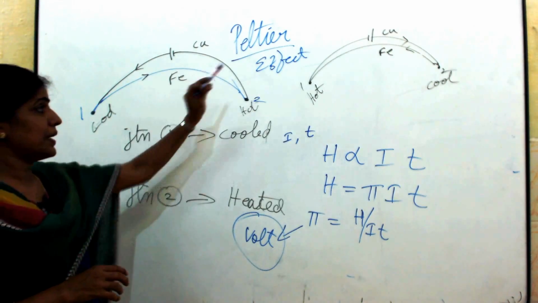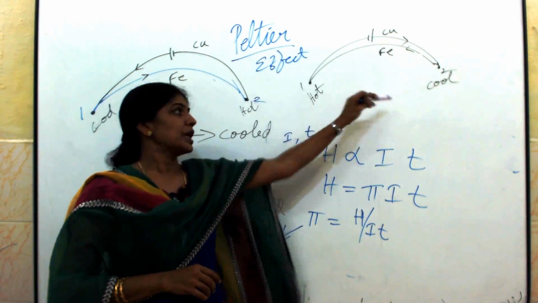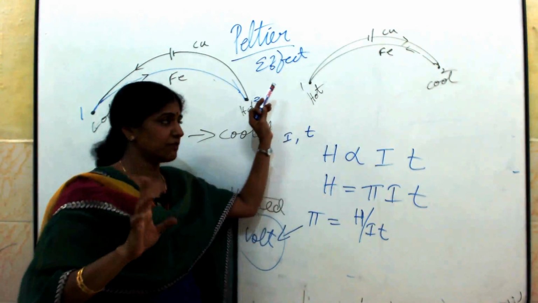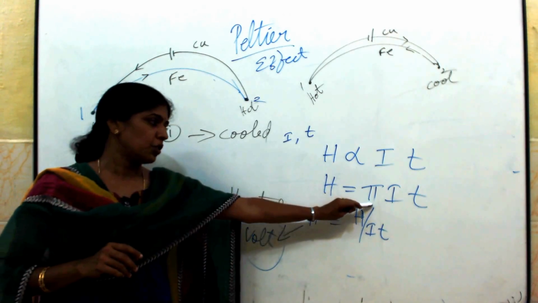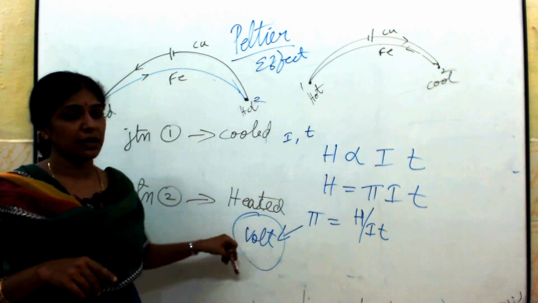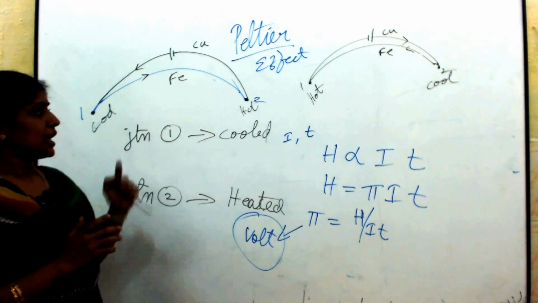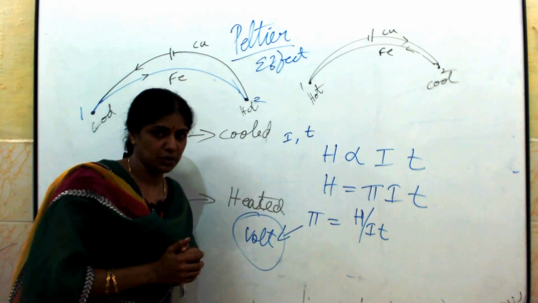So you should know what is meant by the Peltier effect. What happens if the direction of the current is reversed? The heat developed is also reversed. The temperature of the two junctions is also reversed. So it is called a reversible effect. So what is meant by Peltier coefficient? The definition of Peltier coefficient and its unit are very important in this effect. So far we have seen two different metals and two different junctions maintained at two different temperatures and EMF is produced, isn't it?